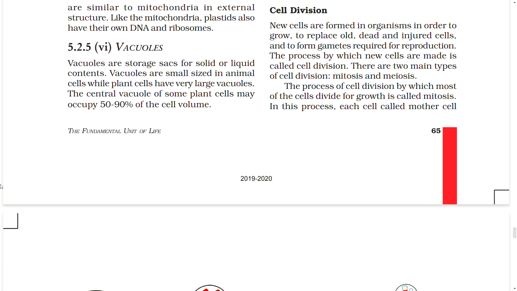Cell division. Now, cells are formed in organisms in order to grow, to replace old, dead, and injured cells, and to form gametes required for reproduction. The process by which new cells are made is called cell division. There are two main types of cell division: mitosis and meiosis. The process of cell division by which most of the cells divide for growth is called mitosis. In this process, each cell, called the mother cell,